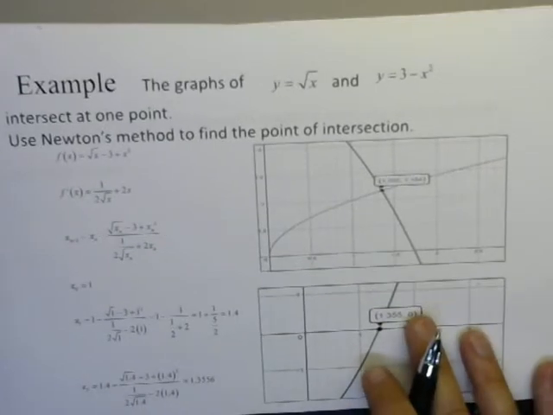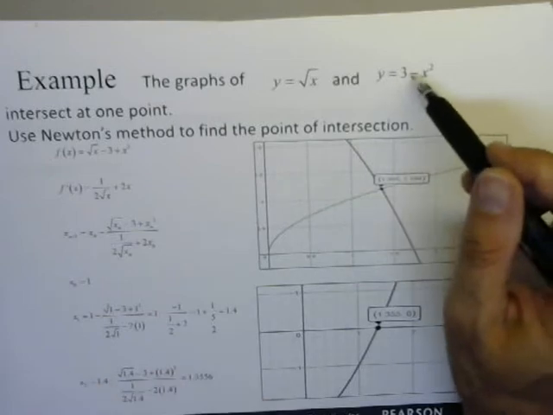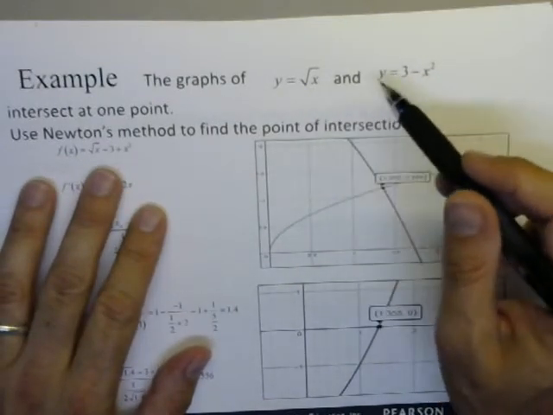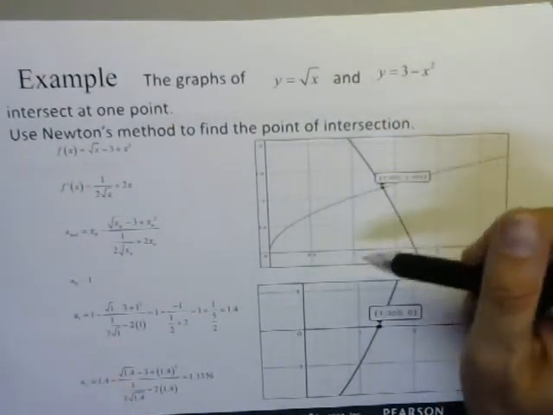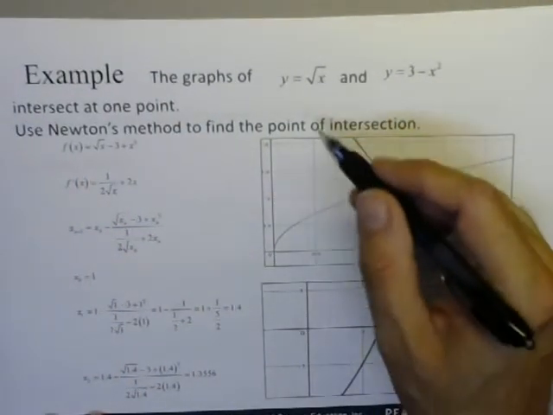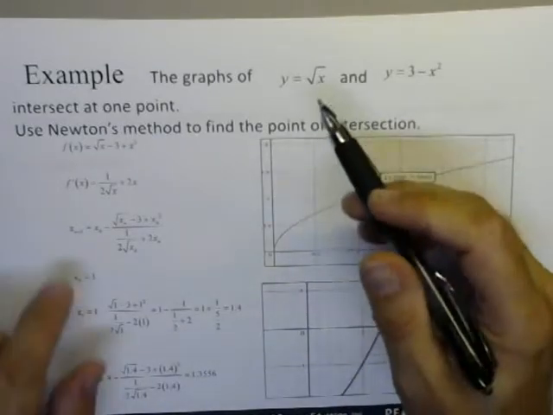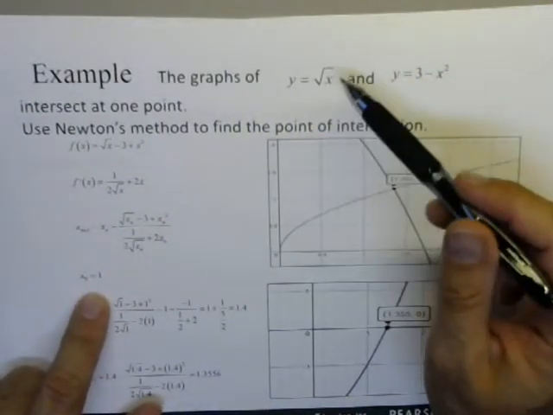Another place you can use this is to try to find points of intersection. So let's say you want to figure out where these two graphs intersect. Well, just take one minus the other and set it equal to 0, right? So just take one function minus the other, and then you'd be trying to find out where that difference is equal to 0. So the derivative of this function is that, so plugging into Newton's method,